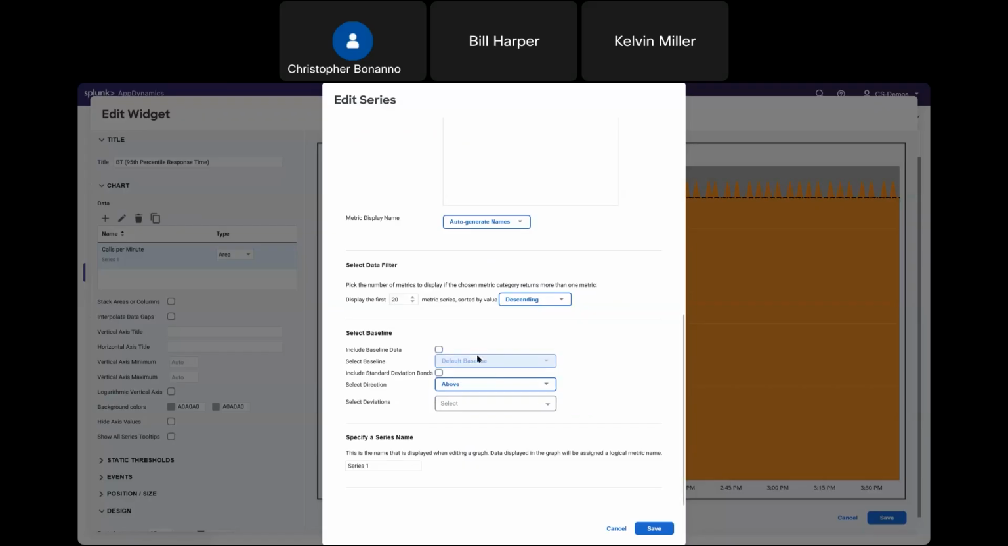I do want to note this since we're down here with baselines also. You also can add standard deviation bands into your metrics. So if you want to see your above deviation or below deviation standards, you can add those into your metric also. So I'm gonna hit save,